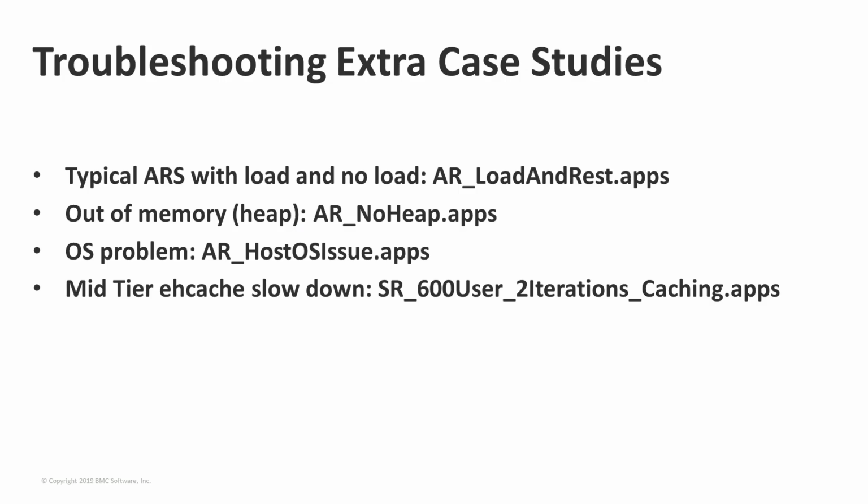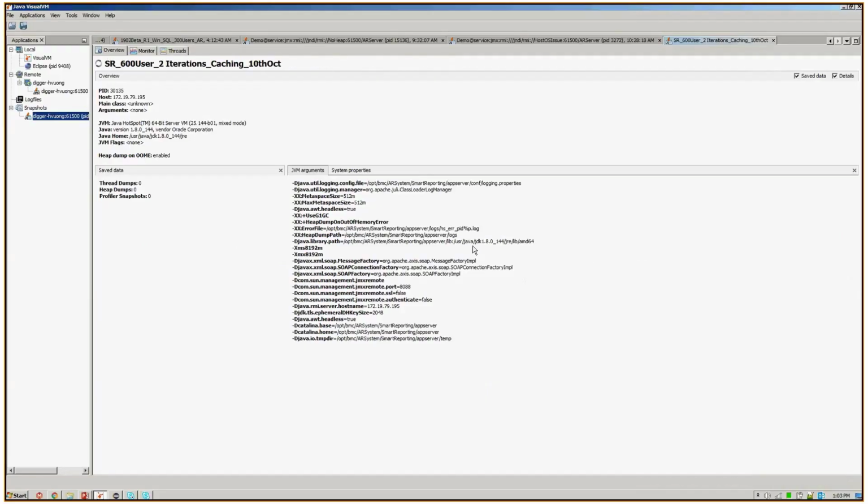Okay, now for the last item, this is inside the mid-tier, there's the EH cache. And when the EH cache slows down, the service time, it's not good. It's not optimal. And I just want to show you a picture of a snapshot where you can spot that the EH cache is misbehaving and give you some basic rule for that. Okay, well, anyway,